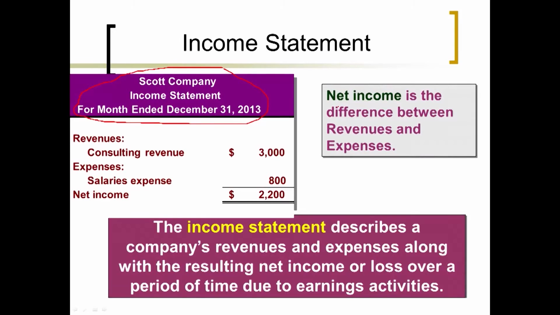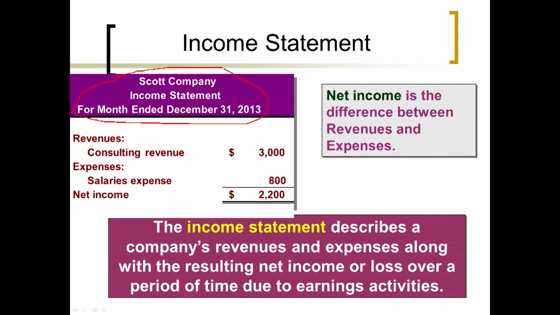So, take a look at that income statement. Do you see how you couldn't just say consulting revenue is $3,000 and then date that December 31, 2013? That doesn't help us. You have to say for the month ended. Have I hammered that home enough? With revenues and expenses, you have to give a period of time. So I'll lovingly take a point off your test or quiz if you don't prepare those properly and date it properly in good form. Any questions on the income statement?